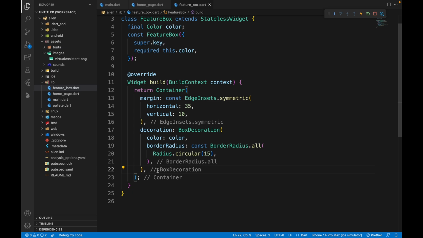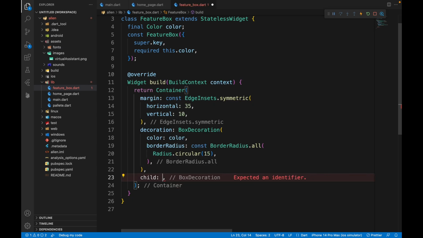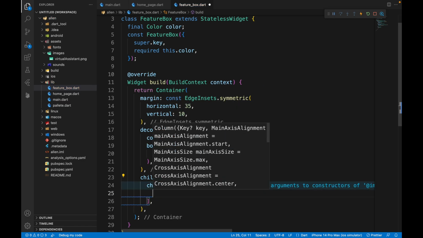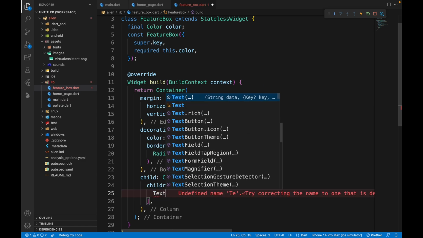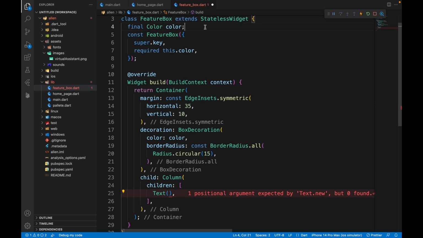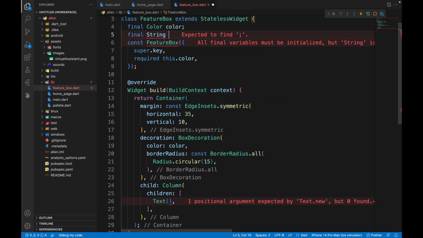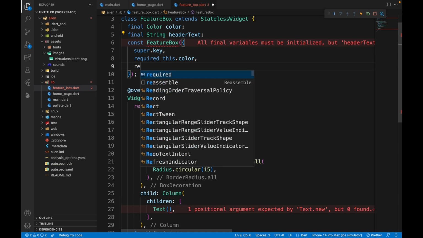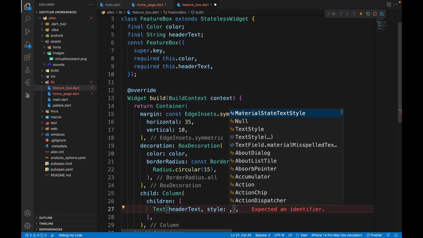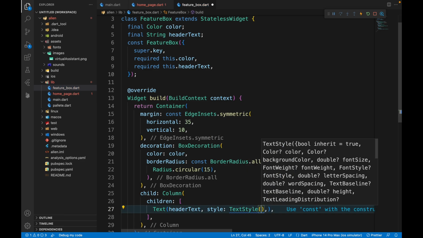Once we add a child, it will be able to show us what we've got. So here we'll pass in a child, and the child is also going to have a column, and then we are going to have children. The first child is text, and this is just going to be this header text. So let's take it from the constructor, because every feature box has a different header text. We'll have this, let's require it. We have required this.headerText, pass in header text, then we'll have style, TextStyle,